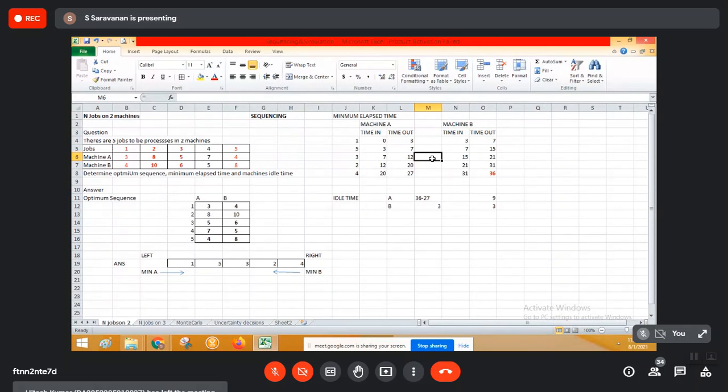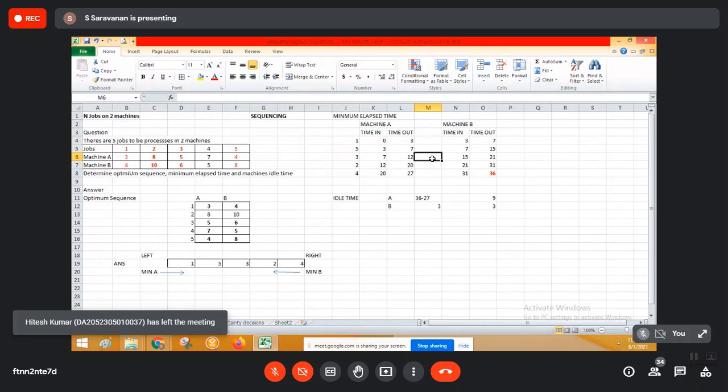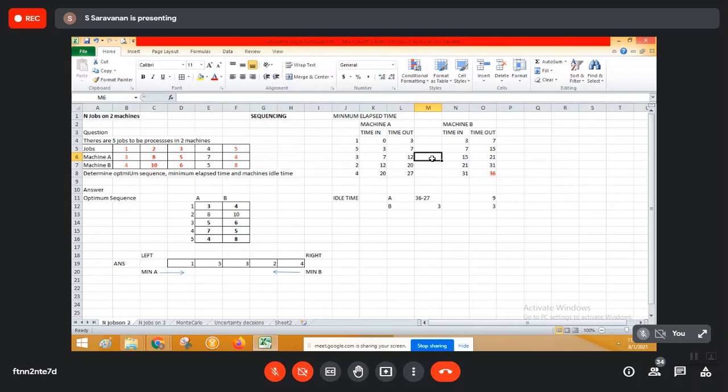Okay, so there are different ways in which we are calculating. If you want to do a certain kind of sequencing, I would just go ahead with a networking method, not a sequencing method. Even that is comparatively a better one when you compare with the sequencing and other related things. Every logic or algorithm has certain flaws and also certain assumptions based on which we try to do it.